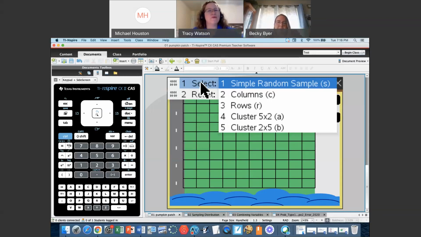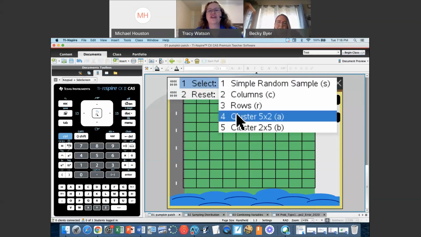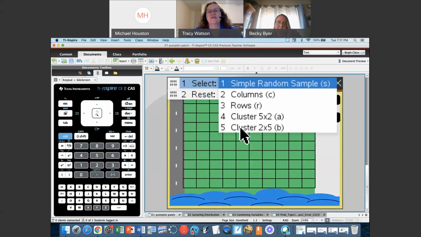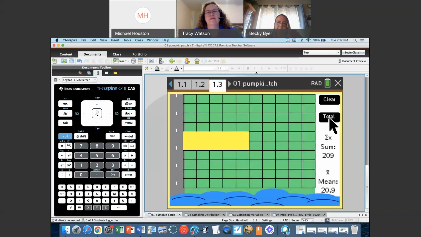And there's one other one underneath the menu, select sampling method. Do y'all notice it? Cluster. This is for that lazy person who doesn't want to find a spot and grab everything around, and not wait very long. So you can do two kinds of clusters, come up with their totals.